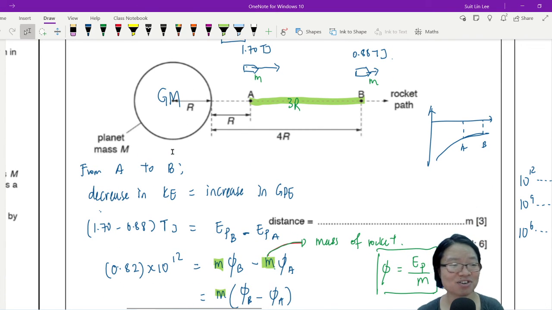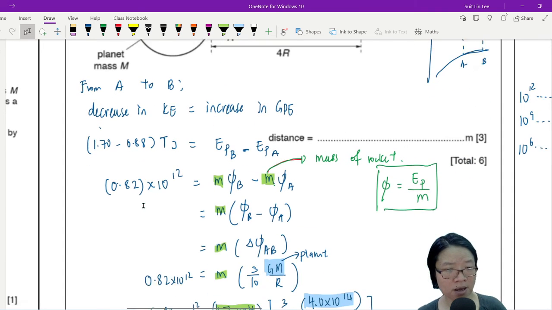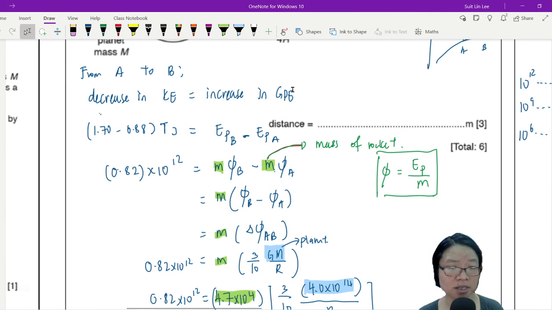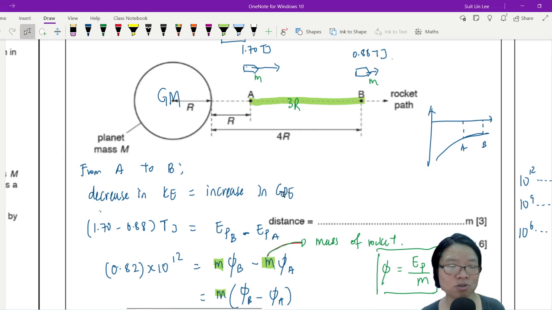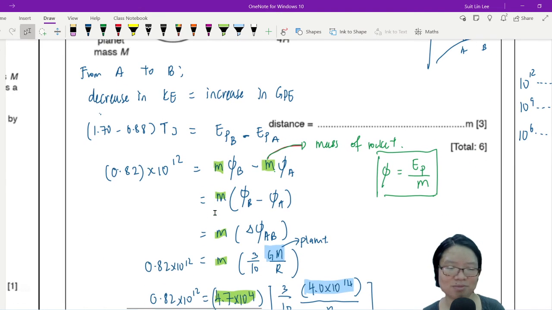Yeah? Alright, so we start with decrease in kinetic energy, 1.7, 0.88. The kinetic energy section is easy to negotiate. You can just leave it there. Whereas the increase in GPE needs a little bit of care. So I will take the large potential energy minus the smaller potential energy, because I know the further away you are, the greater your potential energy. B has a larger potential energy, but it doesn't matter because you can just take the